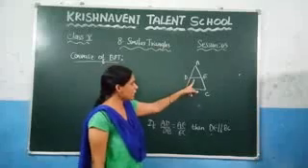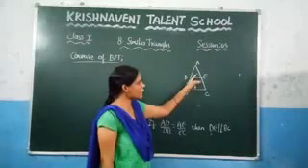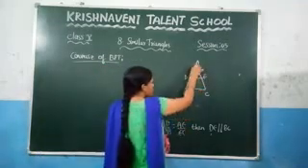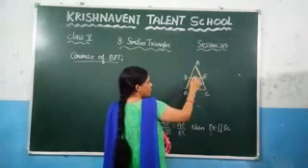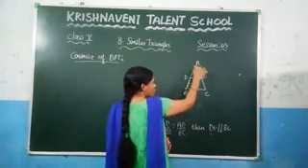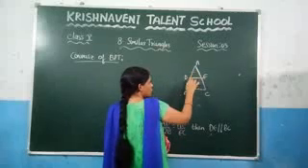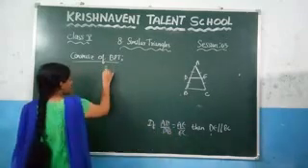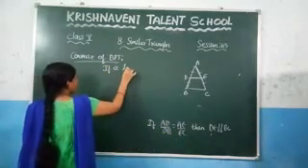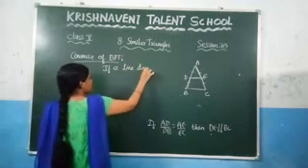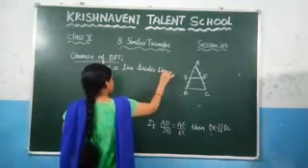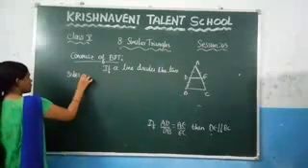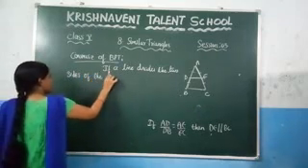That means if a line divides the two sides of the triangle in the same ratio, that means the length of this one is equal to this one, and the length of this one is equal to this one. So you can write it here: if a line divides the two sides of the triangle in the same ratio,